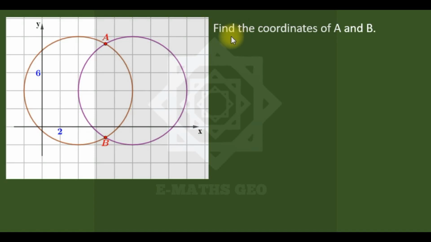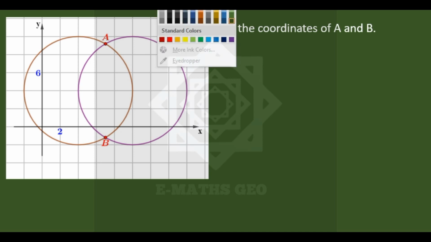Okay, we are asked to find the coordinates of A and B given the diagram. As you can see, A and B are the points of intersection of the two circles. So find the equation of this and this, and equate them together. And we know that for a circle, the general equation of a circle is always